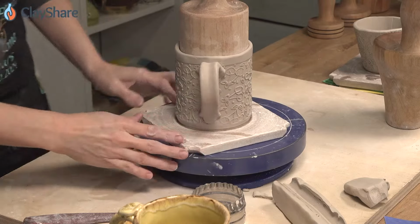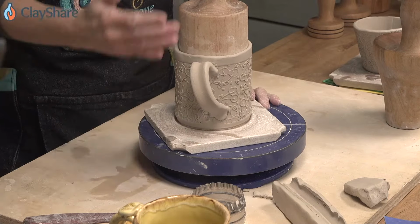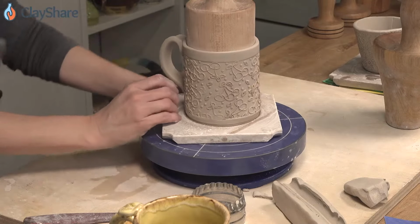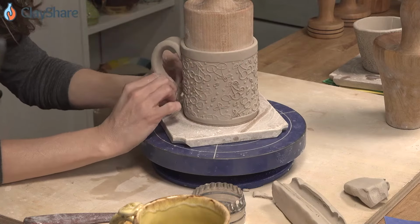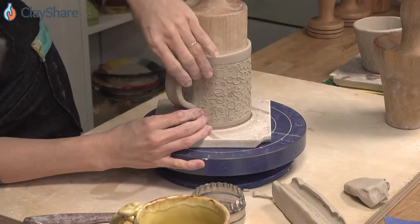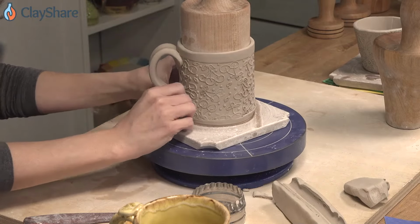Now here's the key when you put your handle on, and a lot of beginners do this. I put my handle on, looks great. I mean, you can intentionally do that, but just take the time when you're putting your handle on, turn it so you are actually looking at it, not the audience, and line it up right so that when the person ends up with the mug, whoever that is, and they look at that handle, look, much better, right? You want it to be lined up, ideally. So then press in,